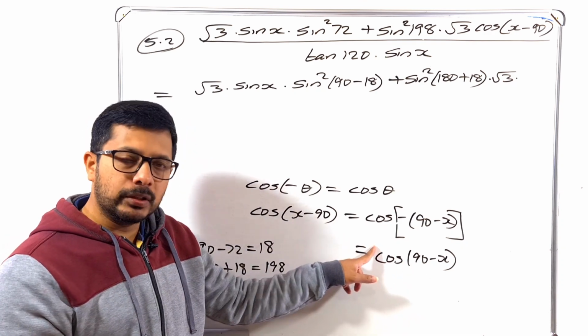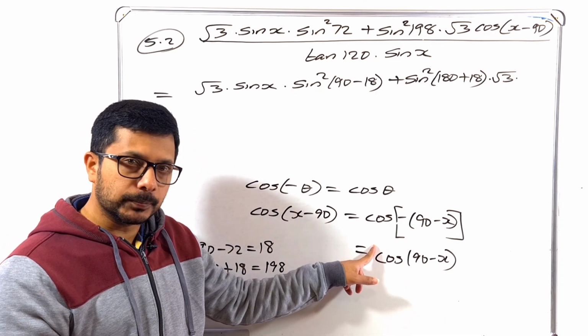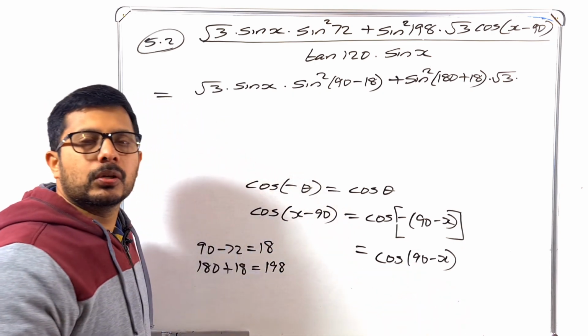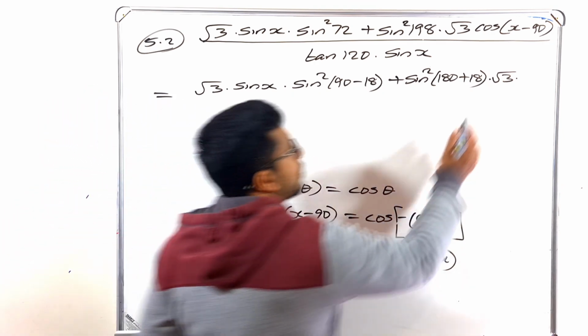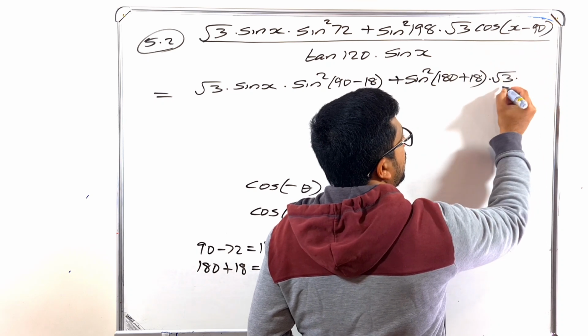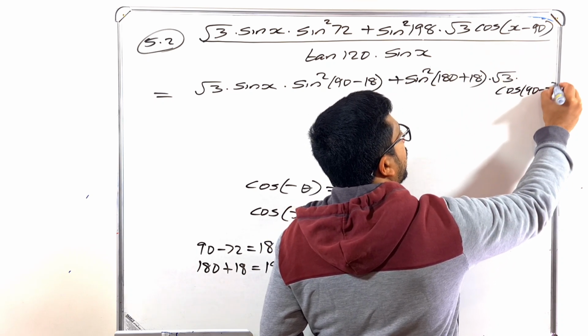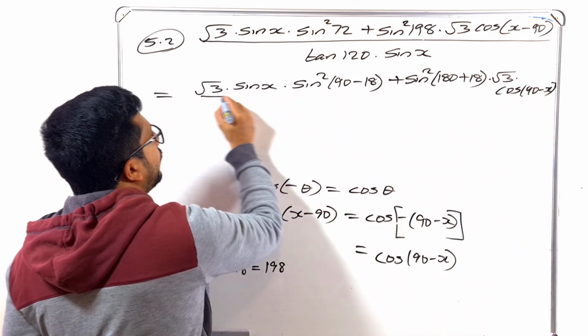Here there will be a minus. Okay, so cos of x minus 90 is the same as cos of 90 minus x. So here cos of x minus 90, that is the same as cos of 90 minus x. Then the whole divided by